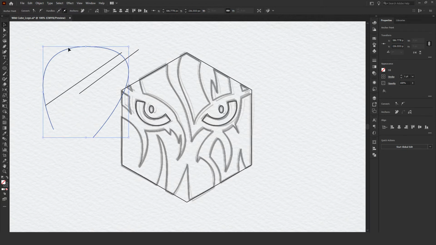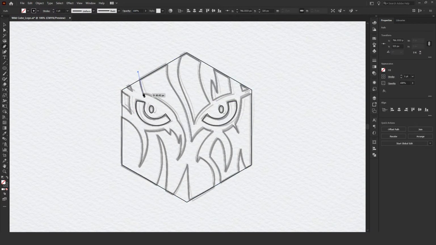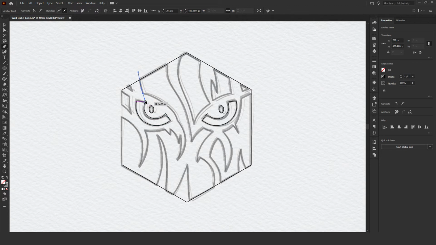Now let's remove all this part. Now I will create the remaining shapes of my logo using this method. So let's start from here. Select the pen tool again. Now click here and click and drag a little bit here. Now change the position of the handlebar here, because I will go to this position. So click here and drag like this.